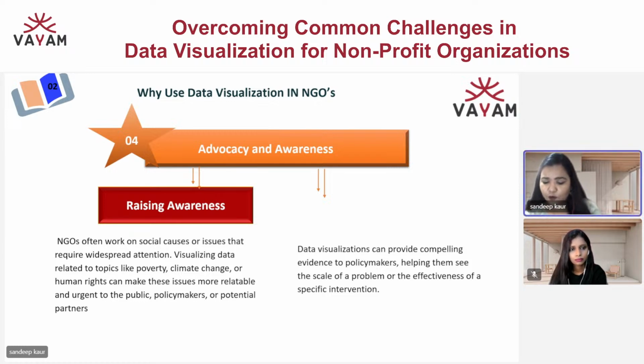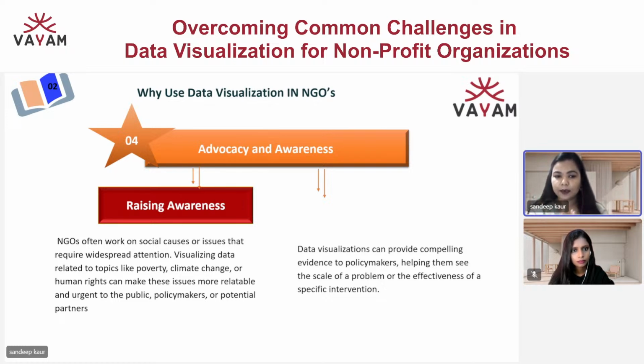Another example, for local communities, we can use simple colors and infographics to show how deforestation has affected the local wildlife and water resources, making the information more relatable and easy to understand. Any user who is not from the background of that work requires a very user-friendly report that is easy to follow.